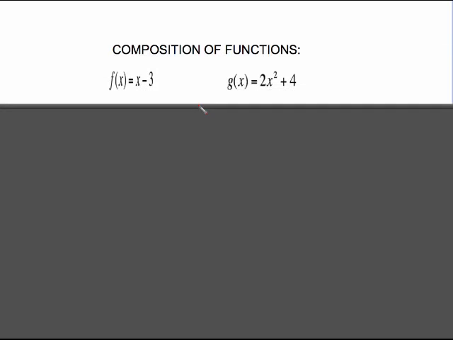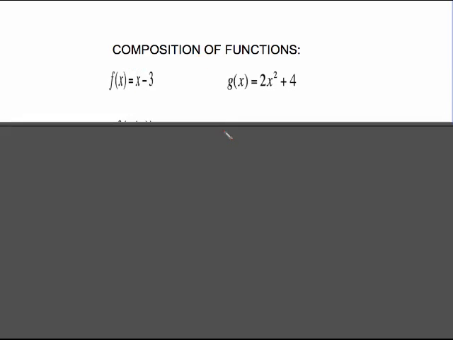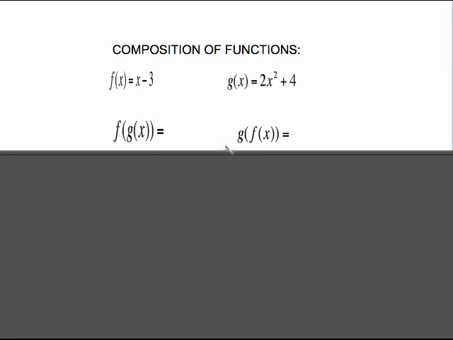This next thing sometimes is more complicated for people to learn. This is what's called composition of functions. We have two functions, but we're going to do this thing right here, f of g of x or g of f of x. Now these are different. The order that you write this down makes it different. And what we're talking about here is doing a substitution. We're going to take the entire g of x function, which is right here, and put it in place of